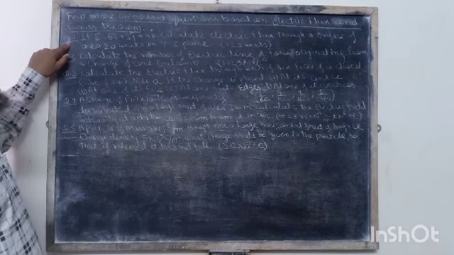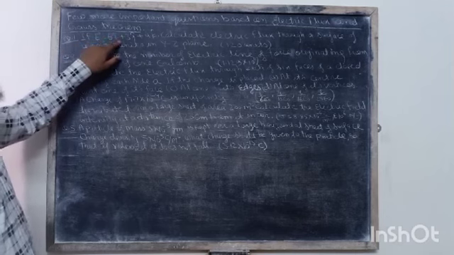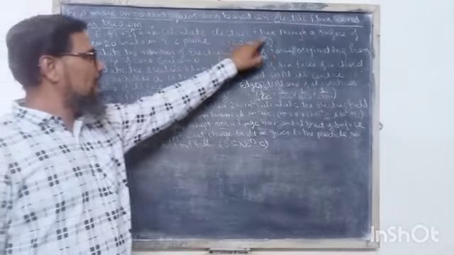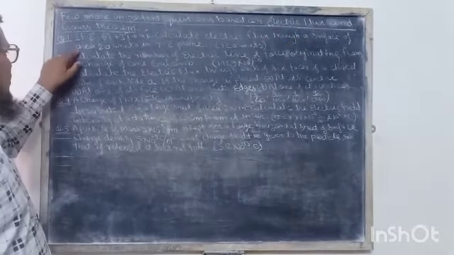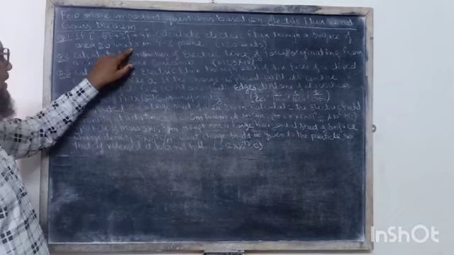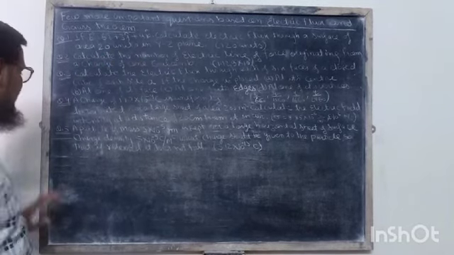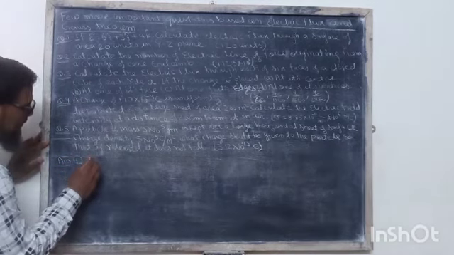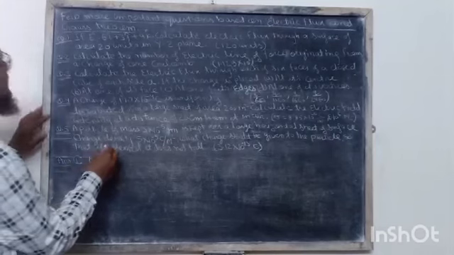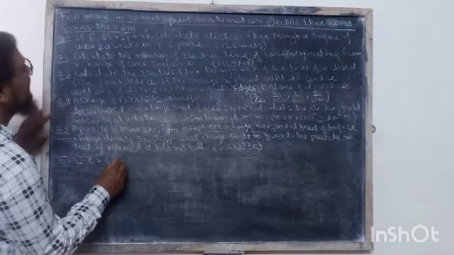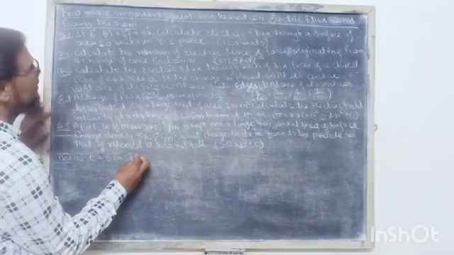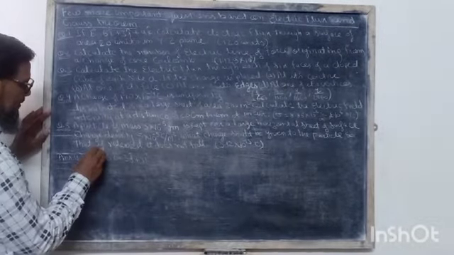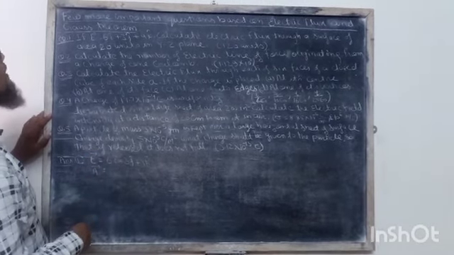Question number 1 is: if E is equal to 6i plus 3j plus 4k, calculate the electric flux through a surface of area 20 units in the YZ plane. The answer of question number 1: the electric field intensity is given to us, E is equal to 6i plus 3j plus 4k, and the area of the surface is